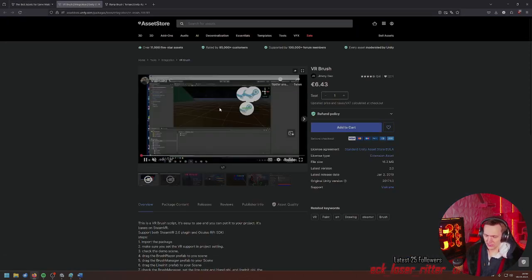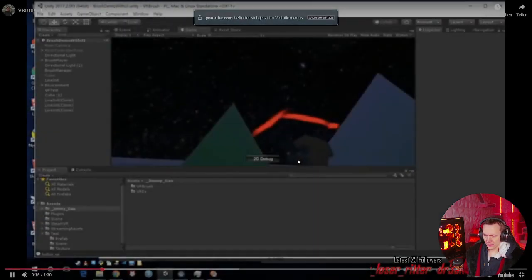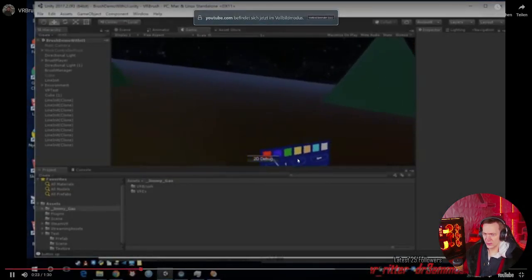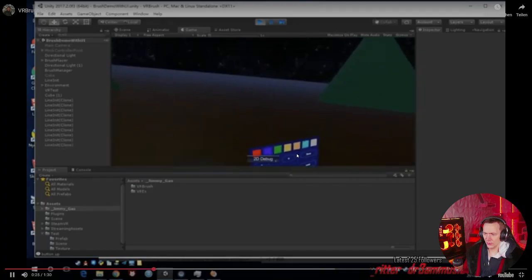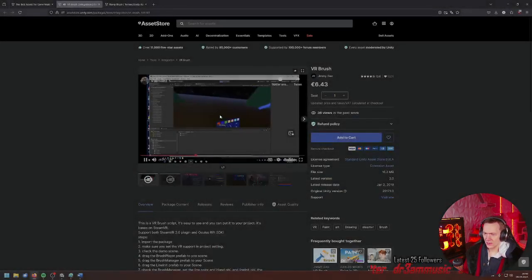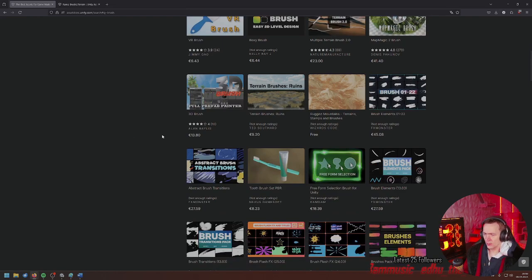It looks like it's just brushing with the line renderer, and it's nothing special. Terrain brush. This is a texture brush.